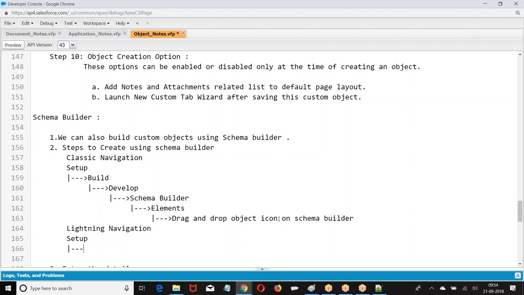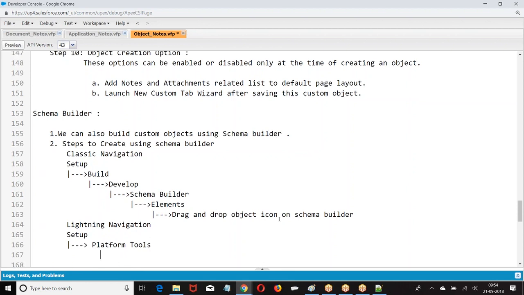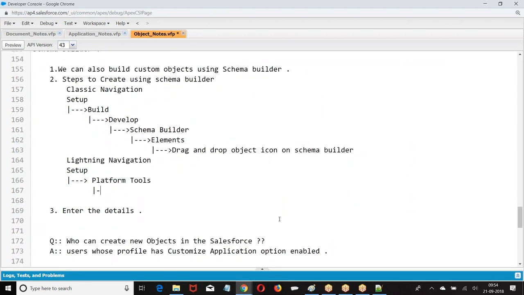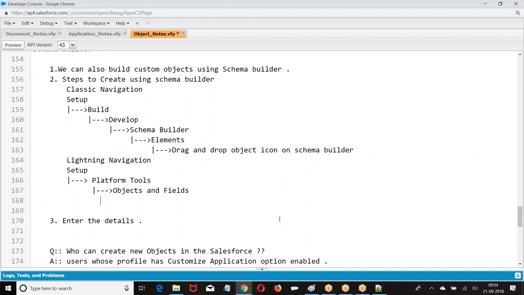Setup, platform tools, then we have objects and fields, object manager.